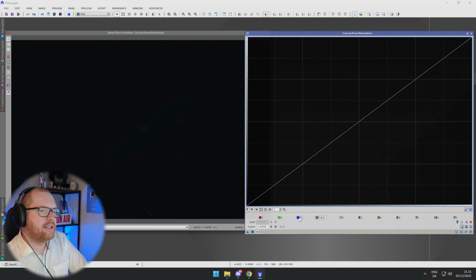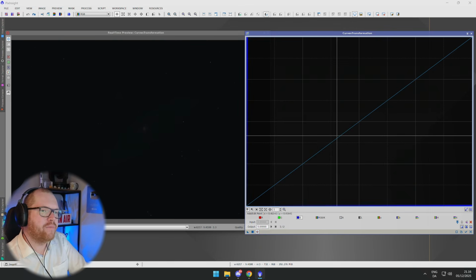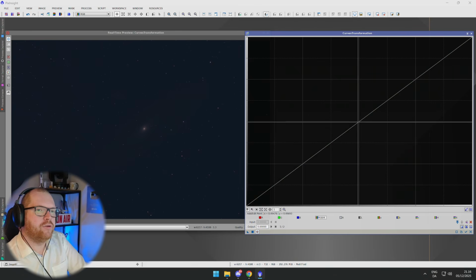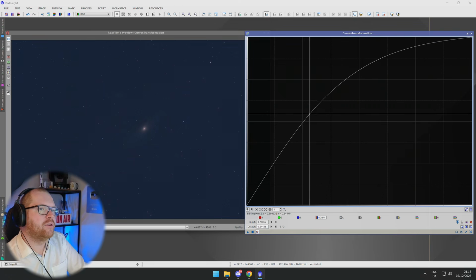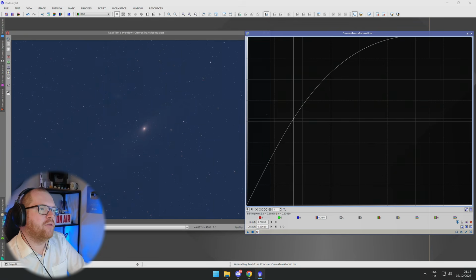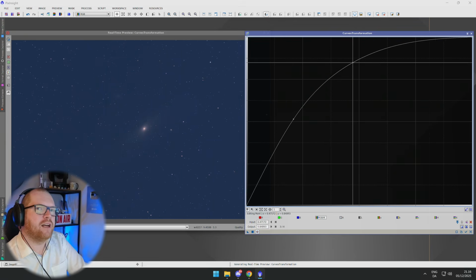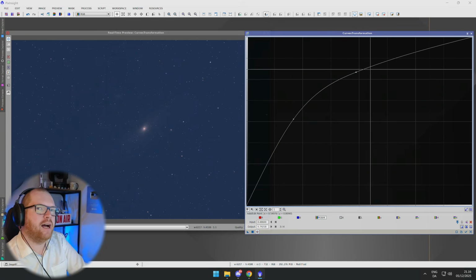And similar to the other one, you also have access to doing this with each of the individual colors. So all we really do is, I think the way I like to start is to just start by stretching it up a little bit using all the channels at the same time. Again, trying to really protect my highlights, so I don't want to have that peaked up there at the top,